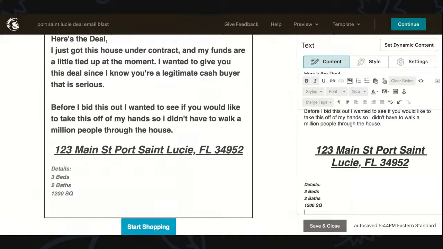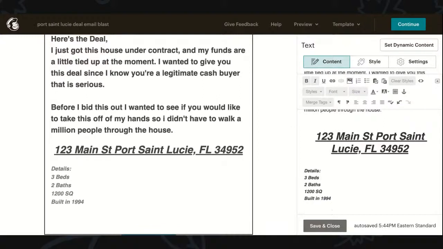The other thing I want to include here is I sometimes like to add the year that it's built, but only add the year that it's built if it actually helps you out. So for example, if I'm dealing with a property like this one I'm showing, it was built in 1994, that probably helps me. So I'm just going to put built in 1994. Now, if my property was built in 1942, that's a way older property, so I am not going to include that, right? If it was 1943, I would not include that because that's an old property.